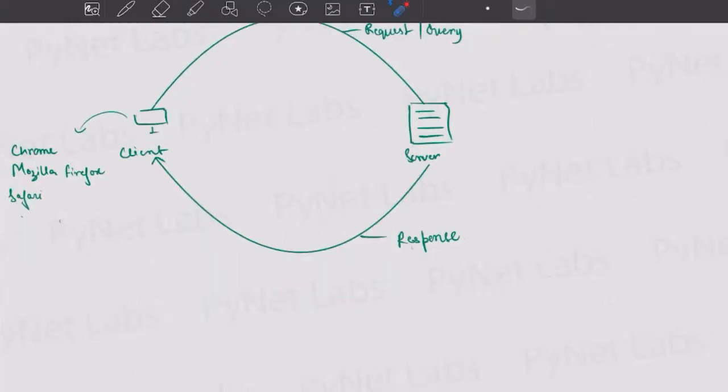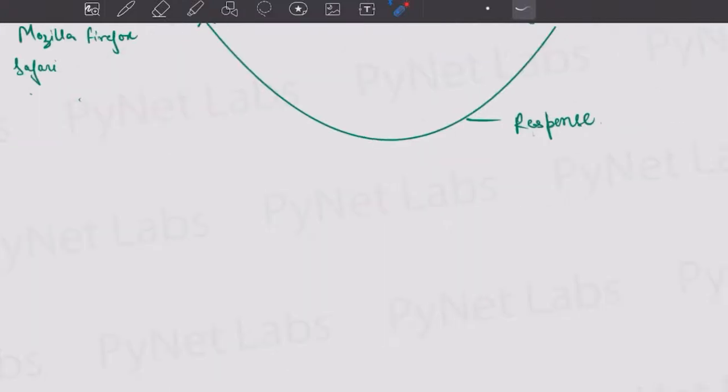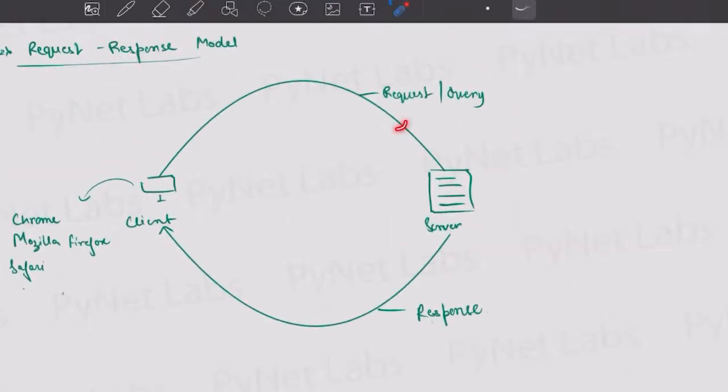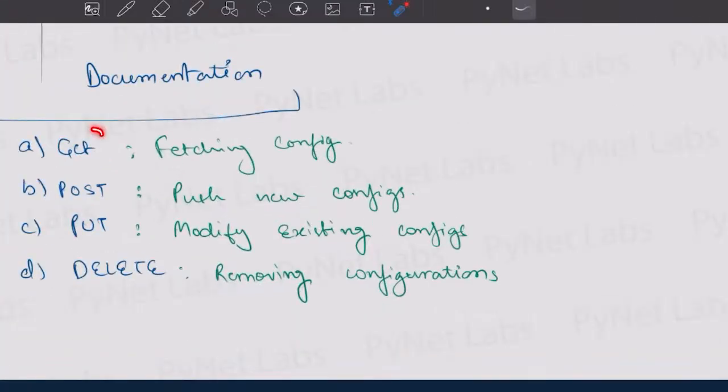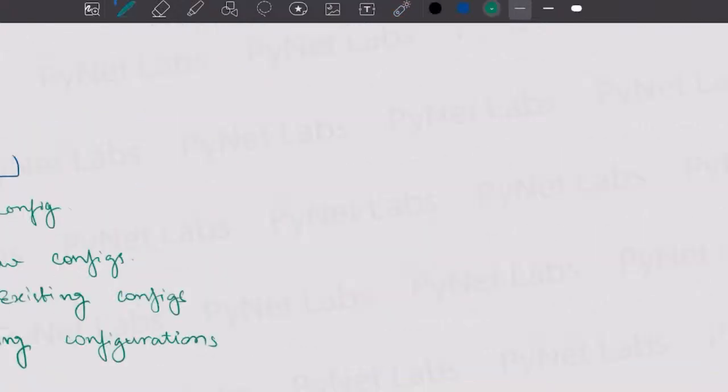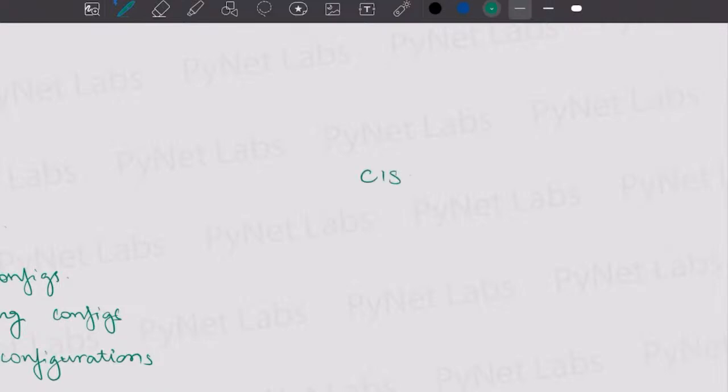Then Cisco uses some other acronyms to specify these operations, which will work in this whole setup. Let's go back to the previous page. So here we have these four operations, but Cisco uses some different names, I would say. In the terminology of Cisco, get will be known as read,